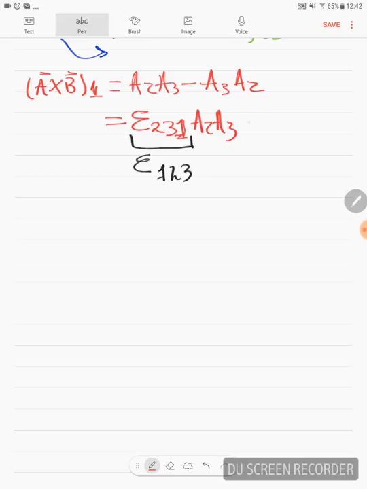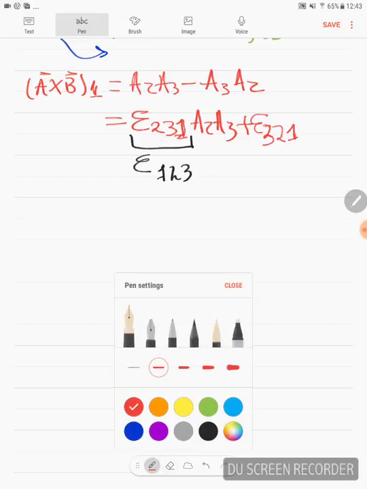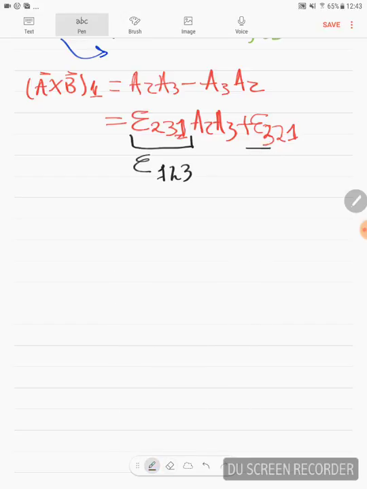And then minus, if I want to pick up here a minus sign, I can do the following. I can just interchange 3 and 2 and write a plus, because this one itself is an anticyclic permutation. So this one will be like minus E1, 2, 3. See, and then I write times A3, A2. So then I can say that